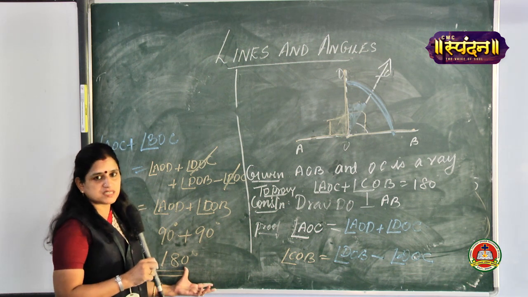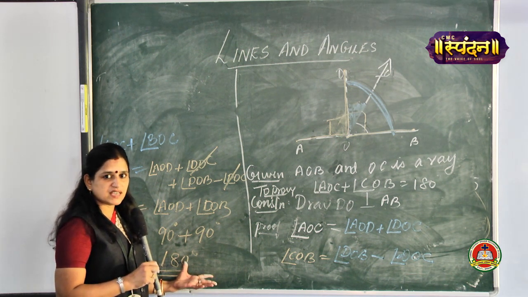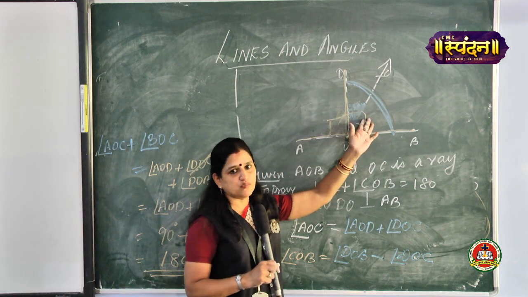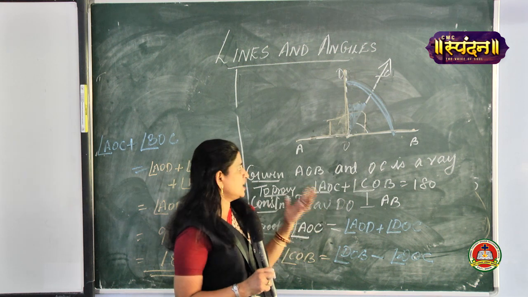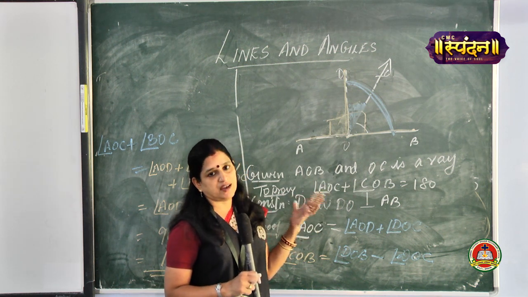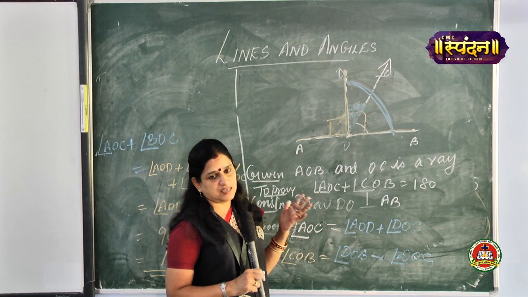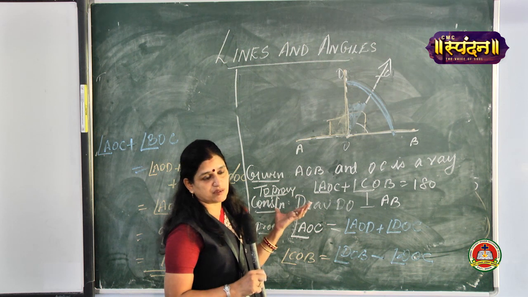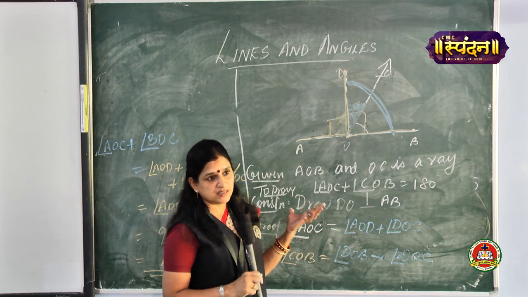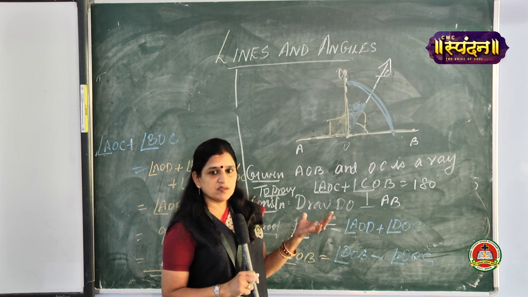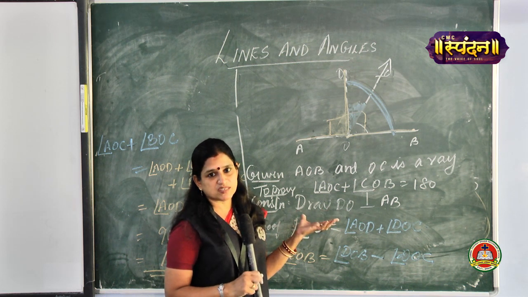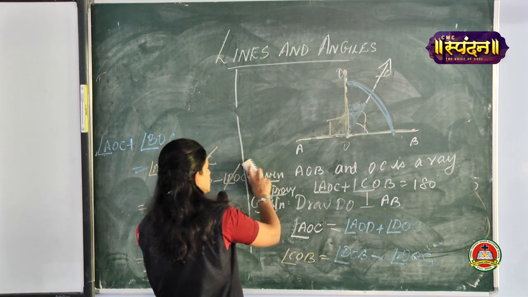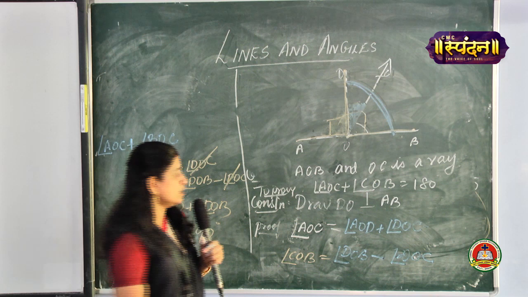This is the first axiom. What is the converse of this axiom? If it is given in the question that the sum of two angles is equal to 180 degree, then you can say that AOB is a line. This is the converse of this axiom. Hope you understood this axiom number 1. Using this axiom number 1 and vertically opposite angles, using those properties, let us solve some of the sums of exercise 6.1. Before that, let me give a few examples for finding out the angles.